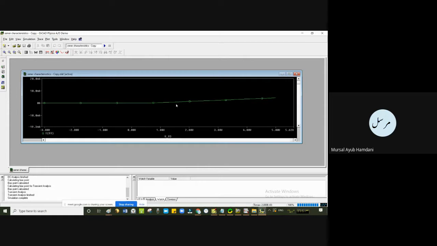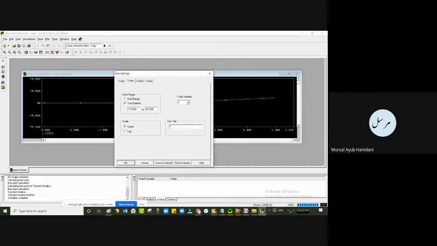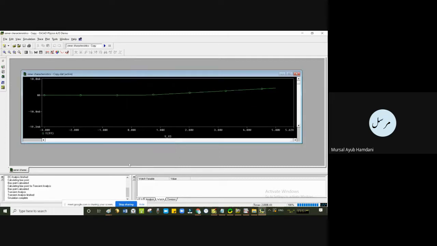You can clearly see in this plot that around the knee voltage 0.7, the current will start to increase with the voltage. This is the typical forward bias IV characteristics. Okay. Now, however, if we move a little out of this,